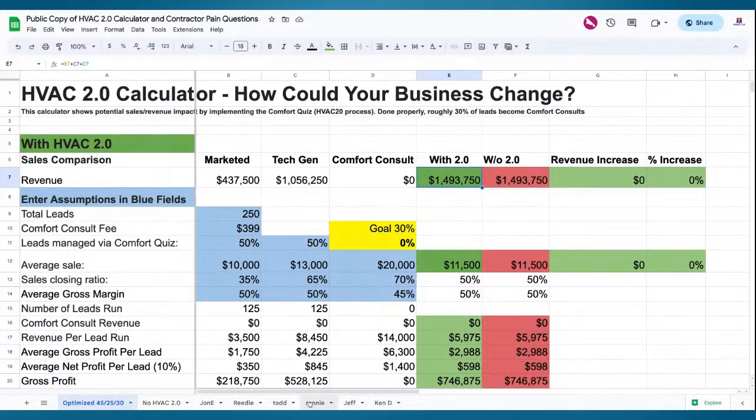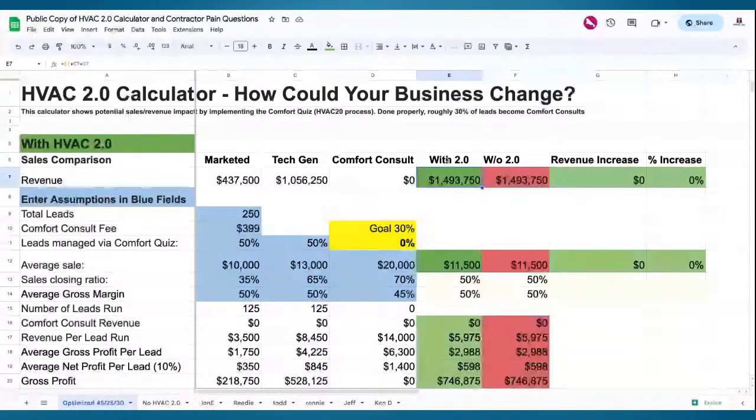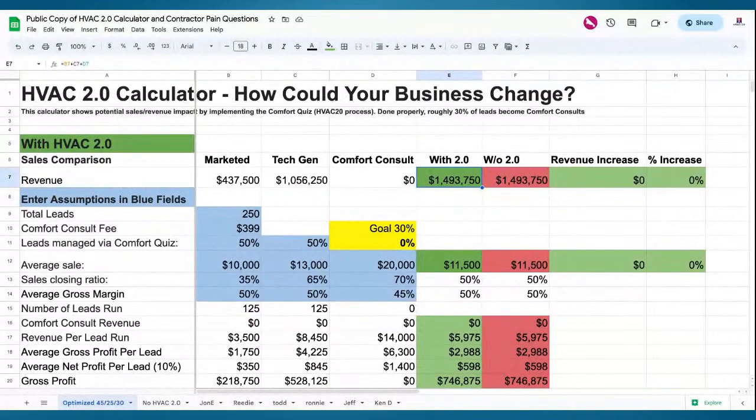Like for these ones down on the bottom, we have played with what people's revenue was and then backed into it using job sizes and closing ratios. So you can do all this in gross margin. If your numbers are 1.5 without the comfort consult, because you're at a 0 in the yellow box right now, then this is a pretty good representation of what your company's doing. And if it's not, then make some adjustments in your percentages or your job sizes